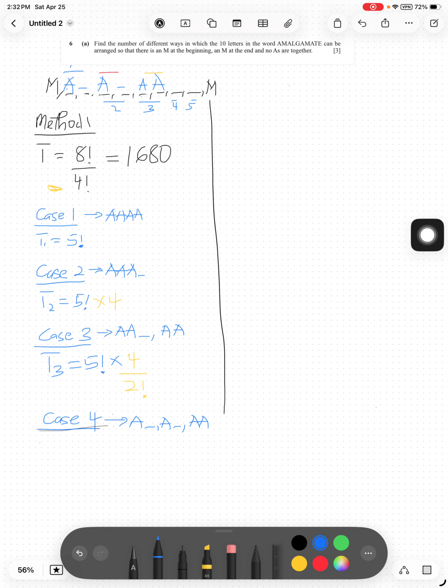So that gives us T4, another 5 factorial, like we've had. Okay, 5 factorial multiplied by, then let's talk about the next block, that is the one with the red line